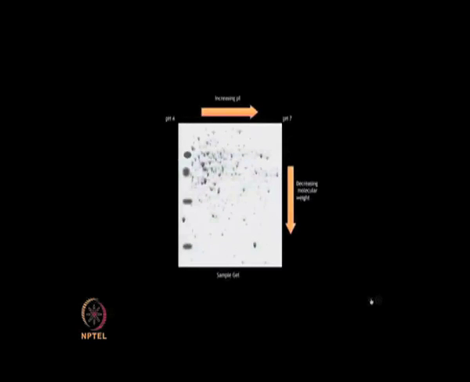Any protein that may have been present as a single band on the IPG strip, as you can see in the red circle, due to similar isoelectric point, can then be separated based on the molecular weight, where the smaller proteins will migrate the farthest. This is a view of a sample gel, which has been run by two-dimensional electrophoresis and stained with Coomassie blue. Each spot provides information about the molecular weight and isoelectric point of the protein.